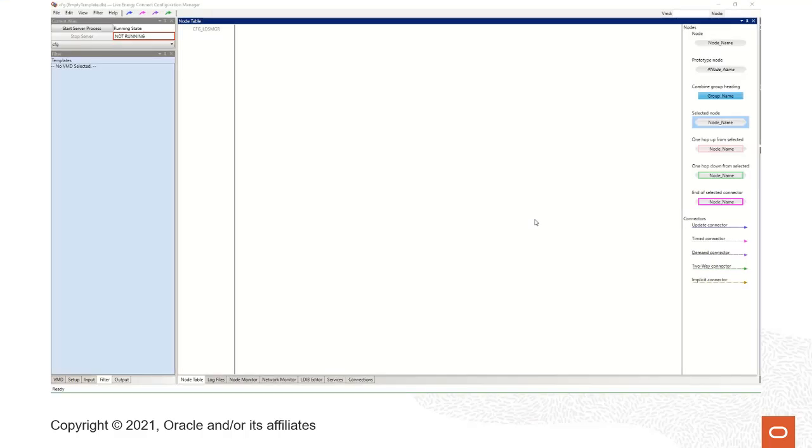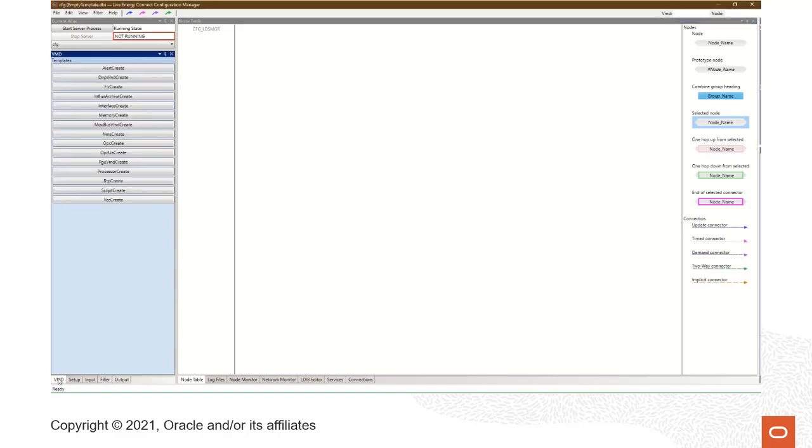In the bottom left corner of the Configuration Manager, you'll see a few tabs. The VMD tab is what we'll use to create a VMD. Each VMD can communicate with another VMD inside and outside the LEC server. When you click the VMD tab, notice the list of VMD templates you can use depending on the configuration you're